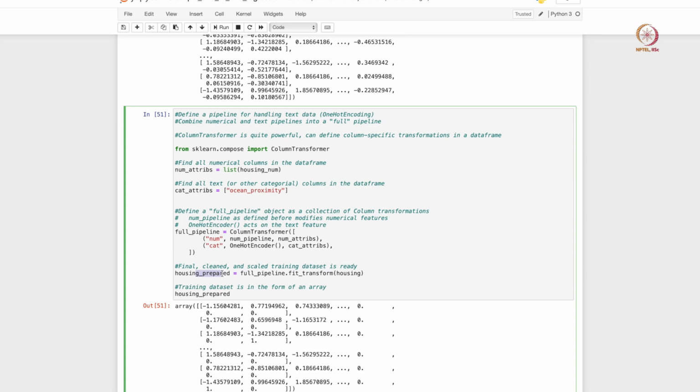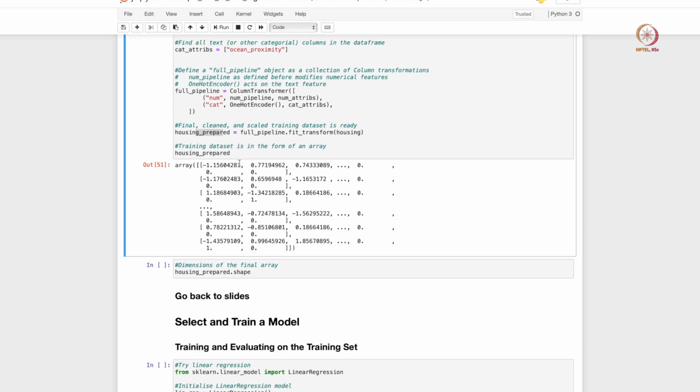So you are getting the housing prepared data set here, and by default assume that whenever you call a fit transform or a transform function, you won't get back your data frame. Typically you will get back a numpy array, and that's what we get here also. If required we will convert this back to a pandas data frame, but for most of our machine learning models we can actually deal with numpy arrays themselves. So using numpy arrays is also certainly fine. We have now prepared our data set fully, and that is stored in this housing underscore prepared array.